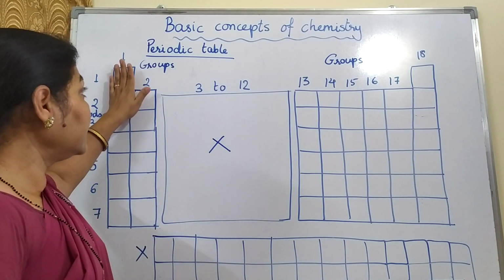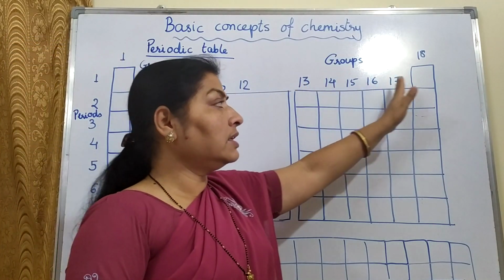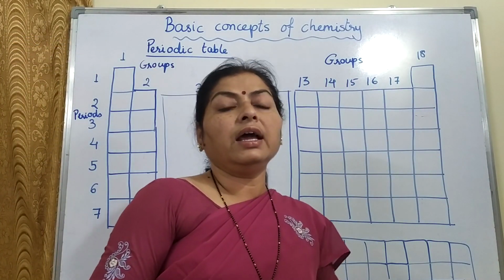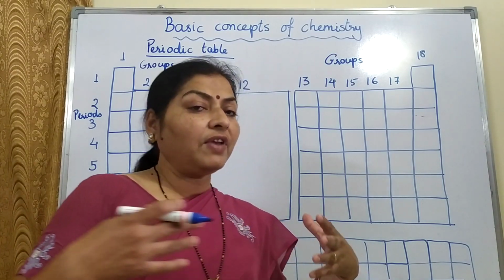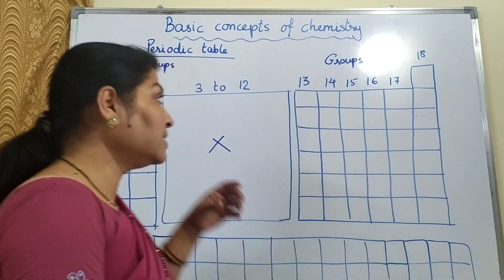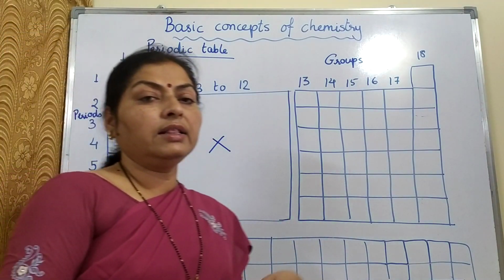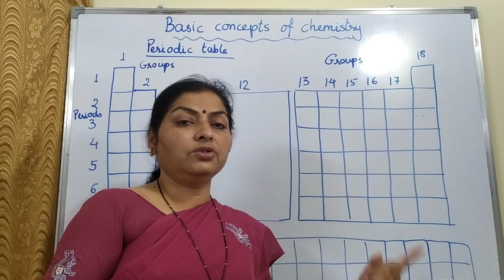For now we are going to see which elements are there in the first and second groups, and which elements are there in groups 13 to 18. And believe me children, it is very easy to remember. We can frame some sentences by combining the letters which form the symbols of these elements. Thereby you can learn that sentence, and from that you can recollect which element should be there.